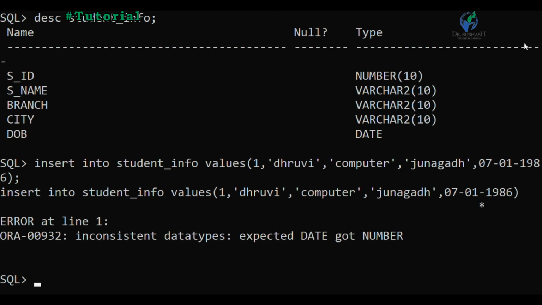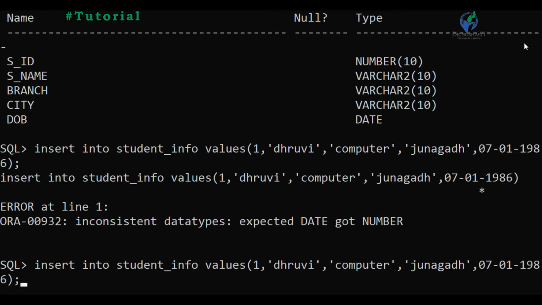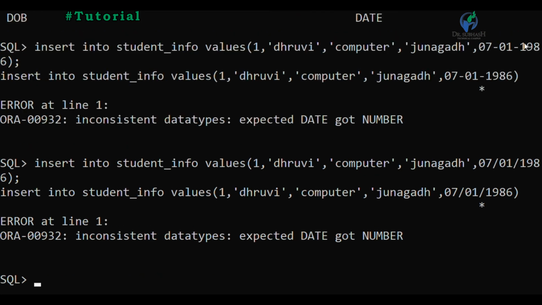I get an error in the date column. So which kind of date format should we prefer? Let us try the next format. Again I got an error.